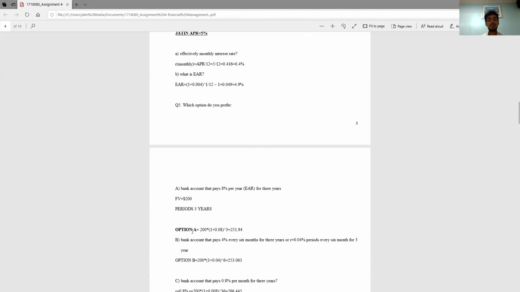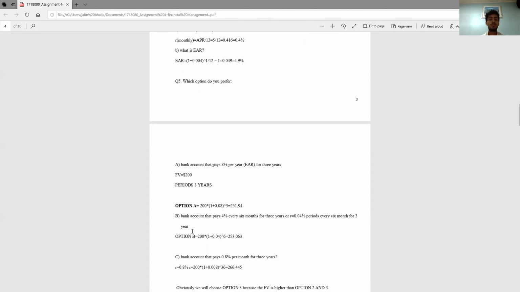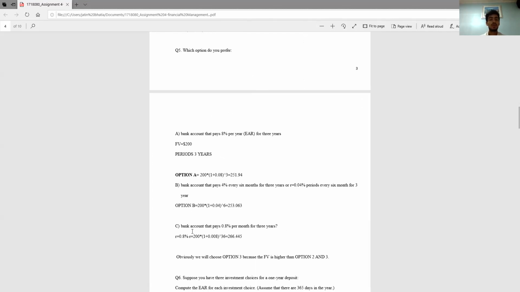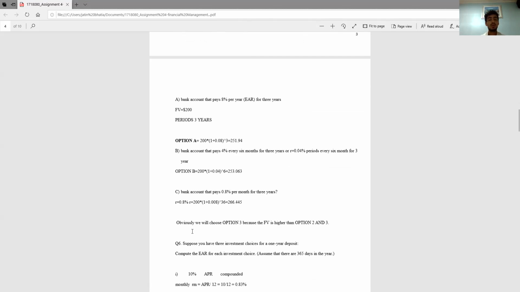Which option do you prefer? Option A is a bank account that pays 8% per year EAR for 3 years. Future value is $200 for 3 years. Option 1 formula is 200 times 1 plus 0.08, the percentage interest paid, to the power 3 for 3 years, which is $251.94. Option B is 200 times 1 plus 0.04 to the power 6, because of 6 months for 3 years. So the interest rate is 0.04,